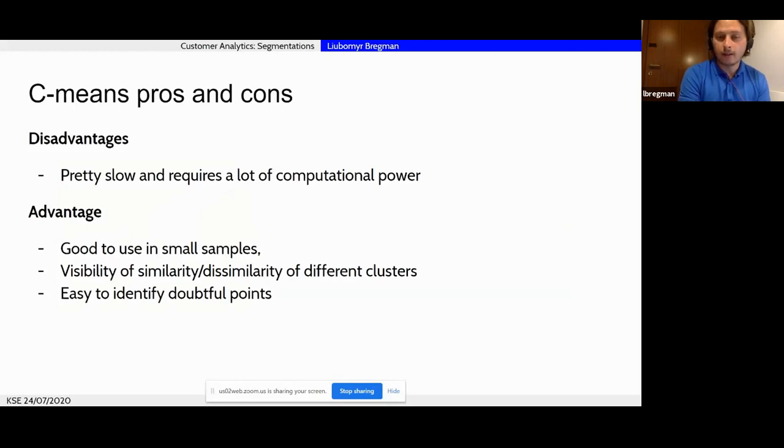It's not easy to calculate, because you need to measure the distance of every customer to every customer, once again, from every customer to every cluster, and so on. So this means that the number of calculations is big, and then eventually it's slow. So this works perfectly for a small amount of customers, and by small again I mean when you still count it in thousands, or up to 100,000.